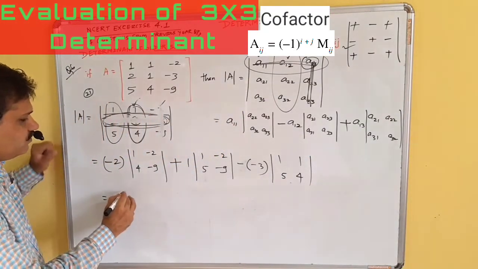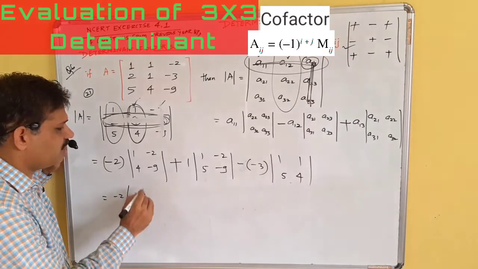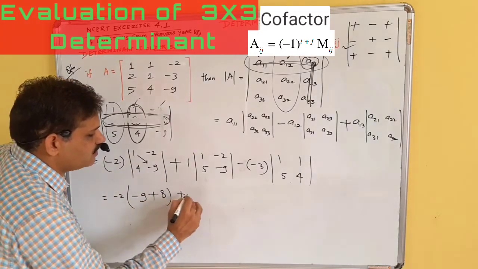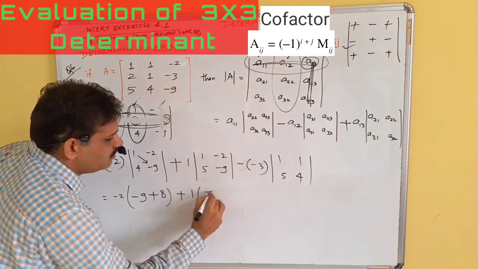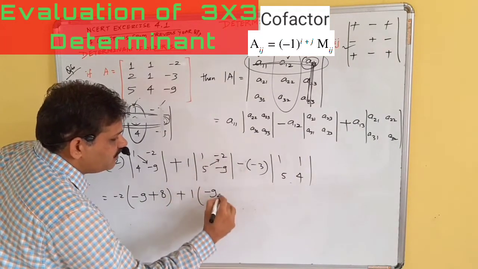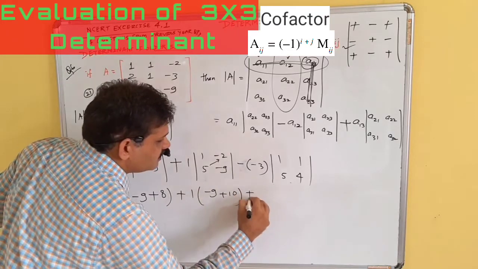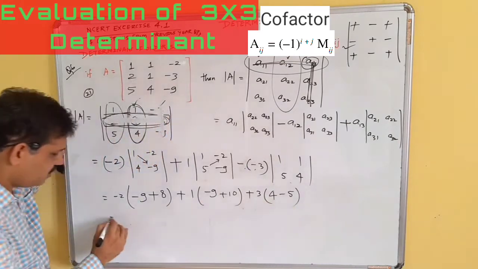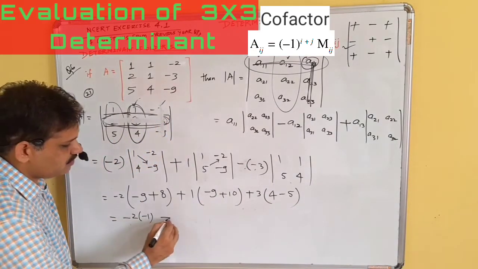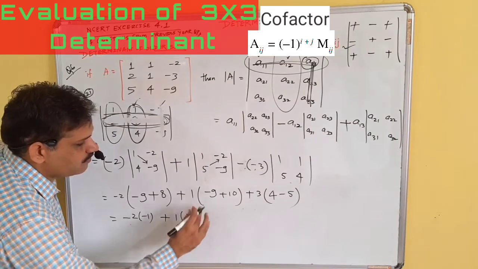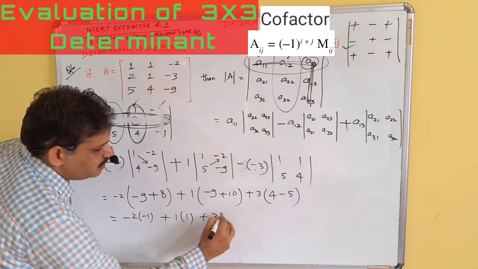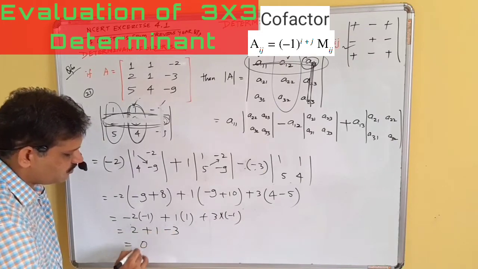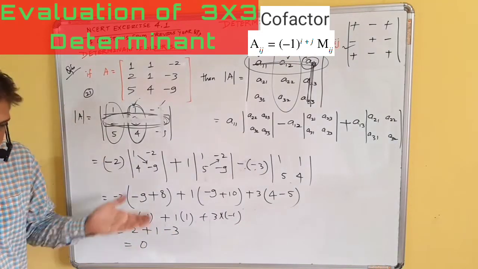ये आ गया -2, ये आएगा -9, -9 माइनस माइनस क्या हो जाएगा, +8 प्लस 1 -9, माइनस माइनस +10, माइनस माइनस दिस इज +3 एंड 4 - 5, तो देखते हैं क्या बना, -2 × -1, +1 × 1, +3 × -1, so this is 2 + 1 - 3 = 0।